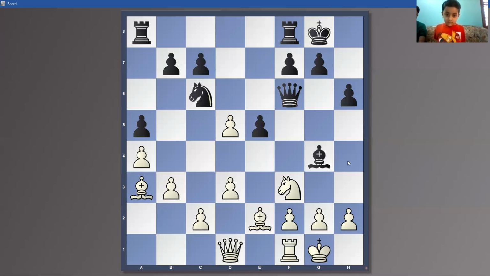And now your idea is very good, but there is one thing that you are missing. Of course, this bishop is also attacking my rook, which is a very good idea, that you are attacking my rook. And you are also attacking my knight. But I only need one move to save all these threats. Can you think what move I will play right now?